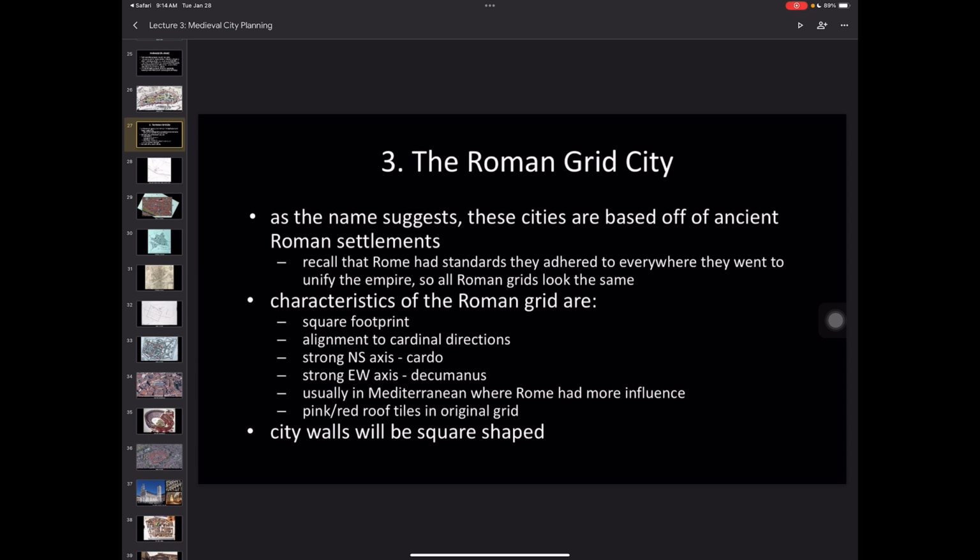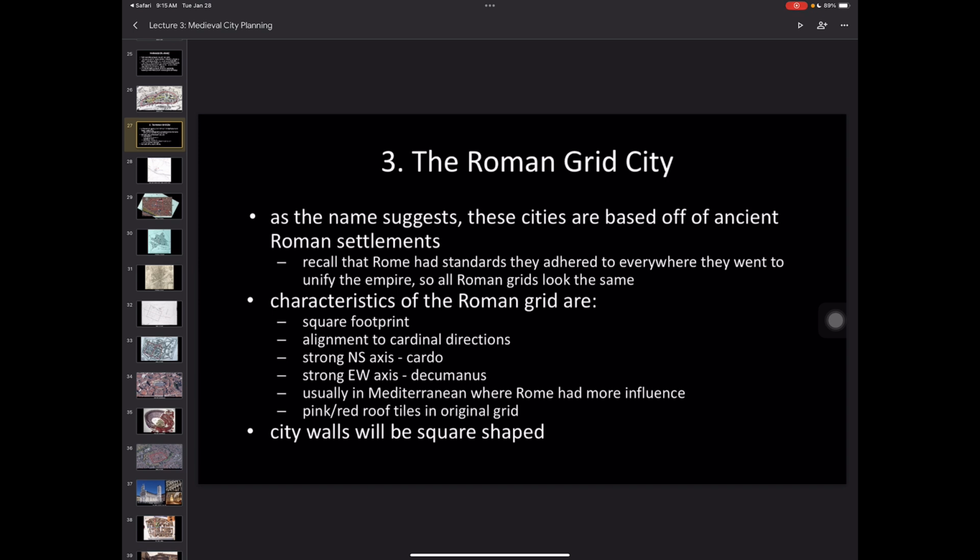Remember that the Romans are very conservative, and they kind of just have a singular law that they apply everywhere, and that goes as far as their building codes. So wherever the military sets up a new base, it's always gonna look the exact same, it's gonna have the same street structure, and it's gonna have things in the same location. Which is why when you look at Roman cities or grid cities, you'll notice that they do have a very standard look to them.